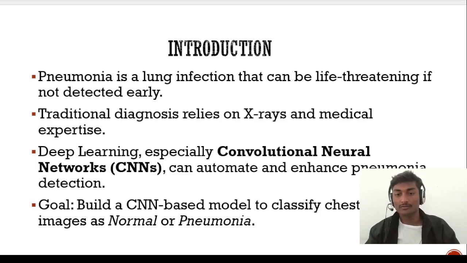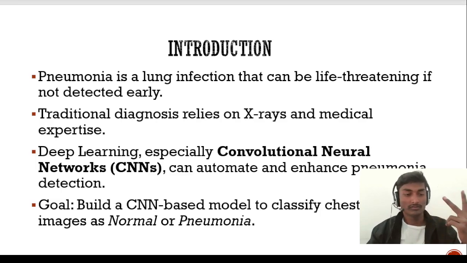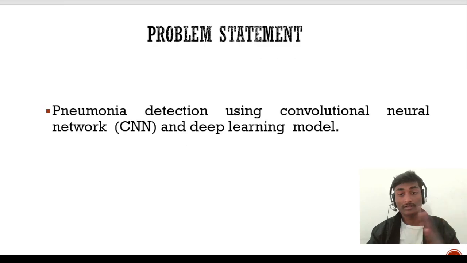we are using a huge amount of data involving two types. One is normal condition X-rays, and the other is pneumonia detected X-rays. Problem statement, as I said earlier, pneumonia detection using convolutional neural network, CNN, and deep learning model,